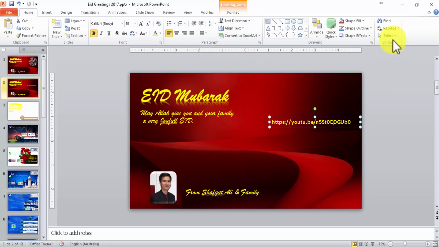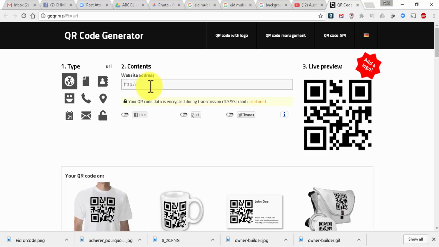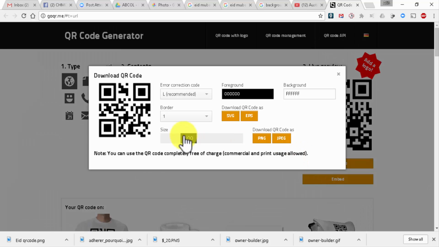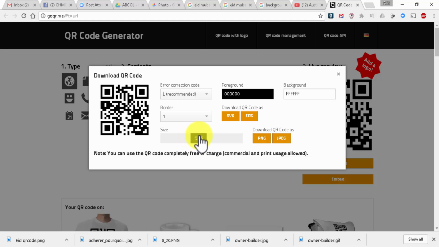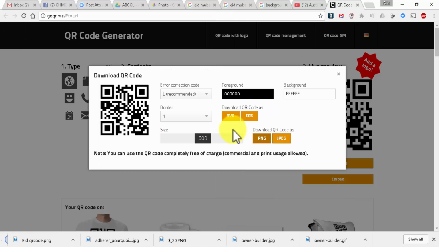How do we do this? I got this text already. I go to QR code, I put this URL, and I just click on this, download this image, QR code. I make it a little bit bigger. I just put a PNG, leave the background, foreground. It's easy to read if the background is white. My son taught me that, and I save it as Eid QR code there. Okay, save it, yes, save it, and then I go back to my